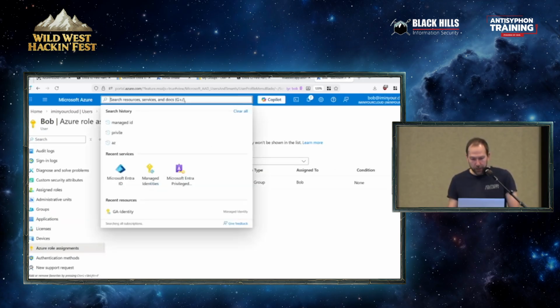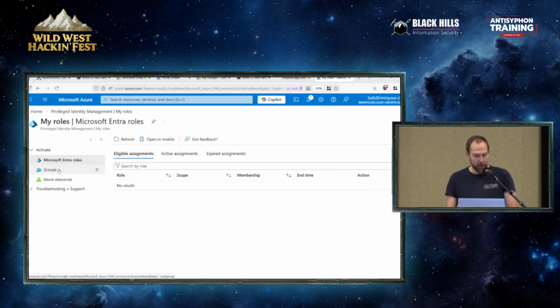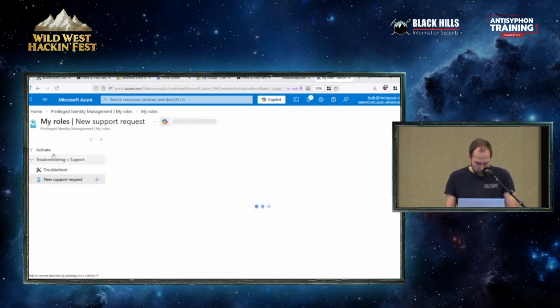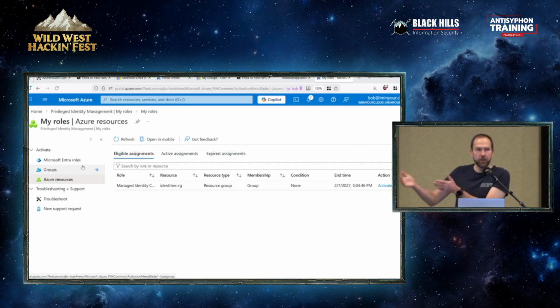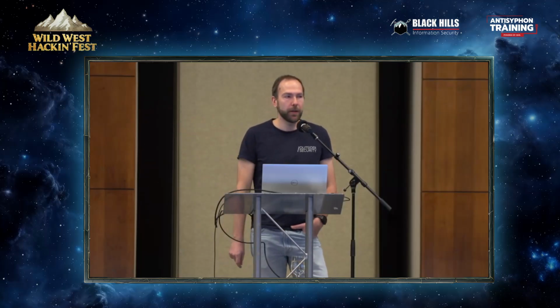If I go to Privileged Identity Management as this user, as Bob, then of course I can see all three of them. So I can see the eligible group membership, and the eligible Azure resource that I activated. So you can see it in Privileged Identity Management, but on the user's profile, there's just no UI to see the eligible group membership. Awesome. Thank you. And of course, the access packages are also completely absent in the Azure portal. You need to go to the Entra portal, then identity governance, and the access packages are listed there.